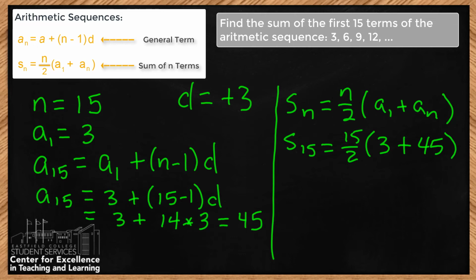So we would just calculate all this. S15 is equal to 15 over 2, and then 45 plus 3 is 48. And then we can calculate 60. Just put it in your calculator. You can cancel the 2 and the 48 and get